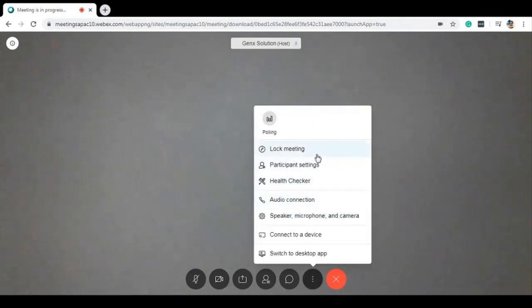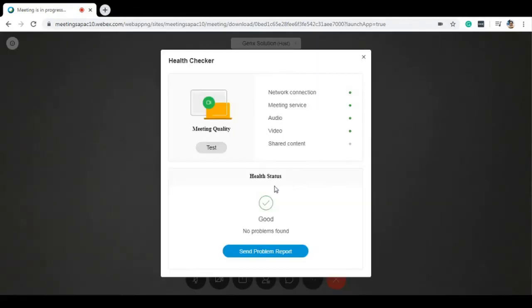After this we have the other option called health checker, which will check for the audio, video and all that. Here you can see the green dot, that means it is available, or that means it has the proper environment or it is working. Check for this shared content. It is a kind of gray option. It means we have not utilized that option till now. And here also at the bottom part it is showing that it is in a good condition, right? So this is just for your testing purpose. If something goes wrong, you can go here and check the problem with your environment.